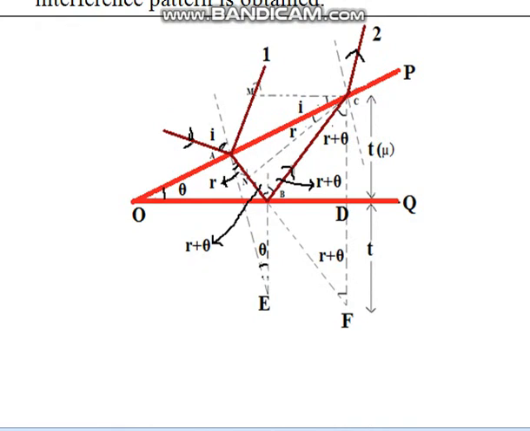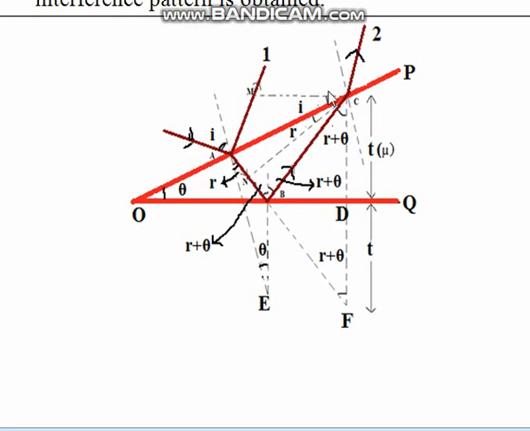Here ray 1 and ray 2 are the reflected components obtained from the source. The person observing rays 1 and 2 will observe point A and point C as the two coherent sources. Rays 1 and 2 fulfill all the conditions, and our main focus is to find the path difference of rays 1 and 2. If we are able to obtain the path difference, then we can write the conditions for maxima and minima.